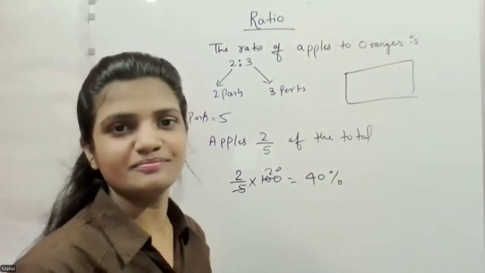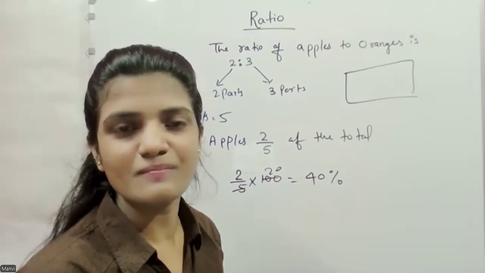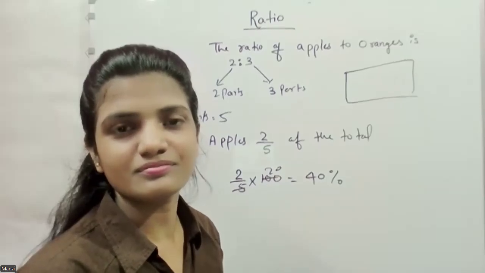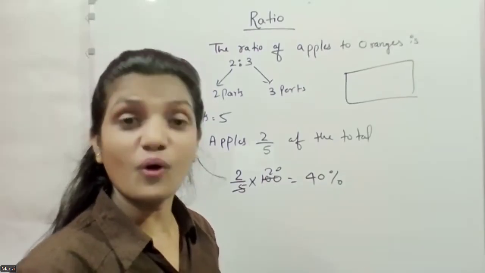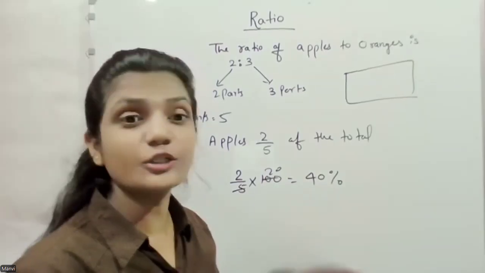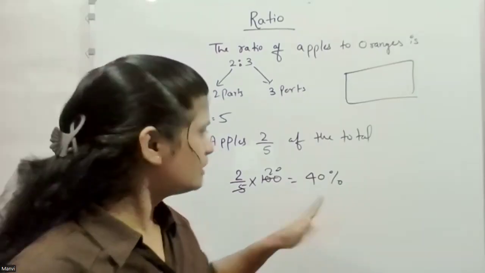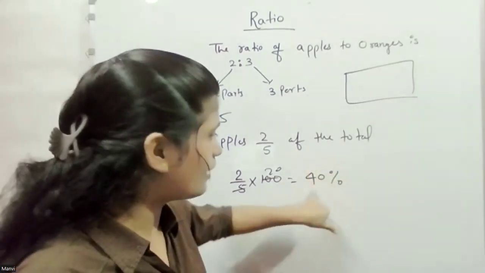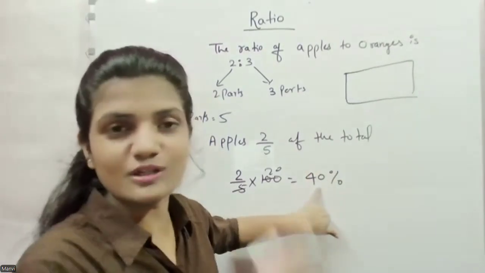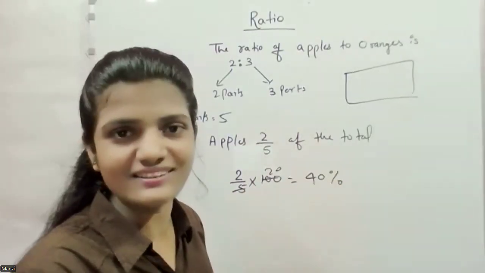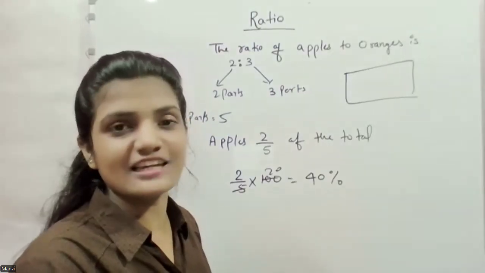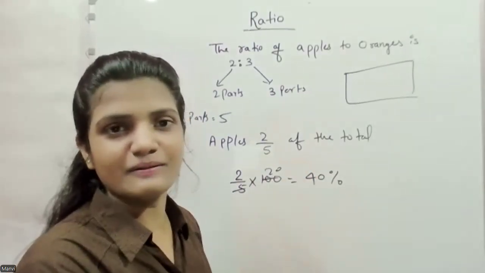Very good. I also thought that 2 times 20 will be 40, then 3 times 20 will be 60. But the quickest way is this: here we have 40%, so the remaining will be 60% only. Total 100%, right? Percentage gives us that idea as well.